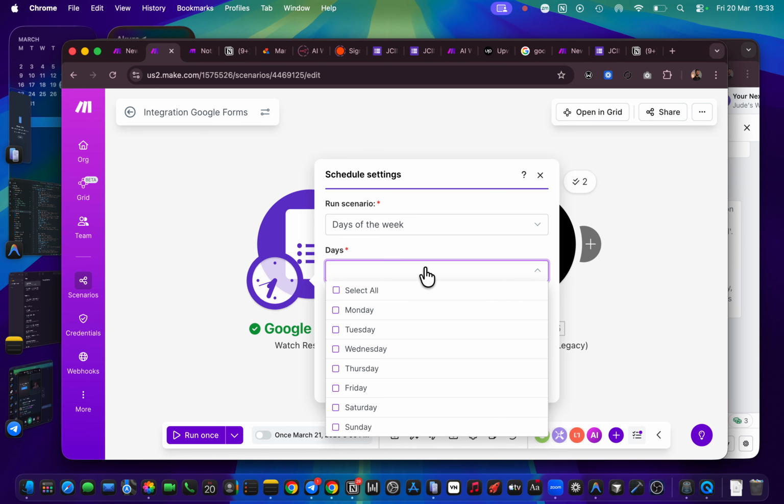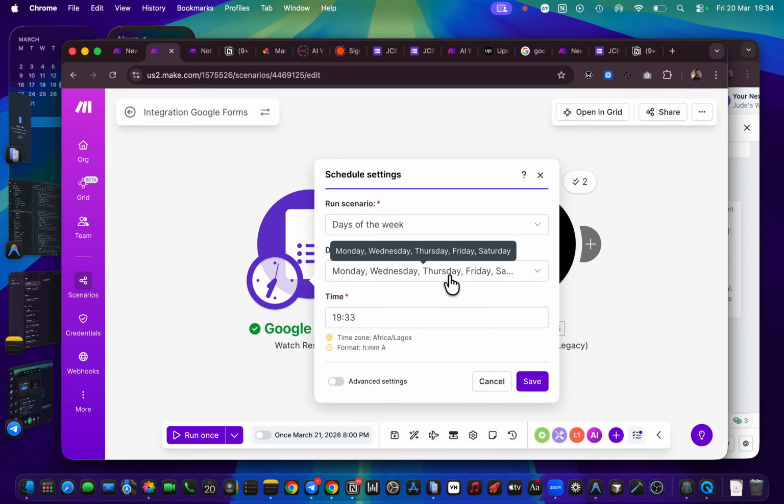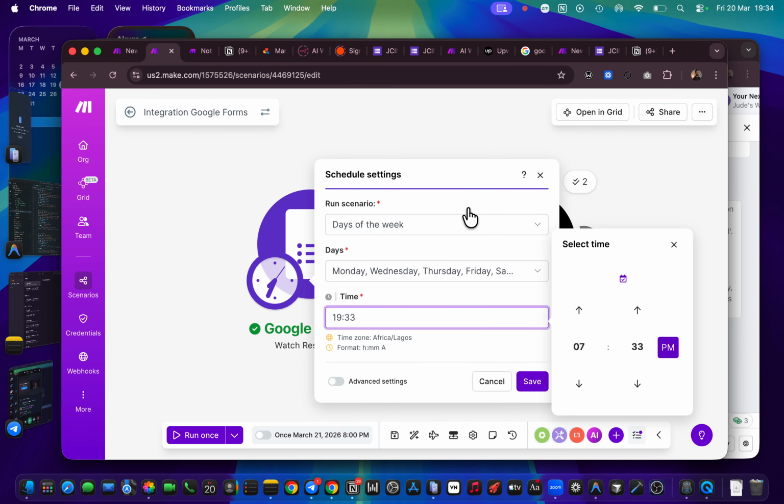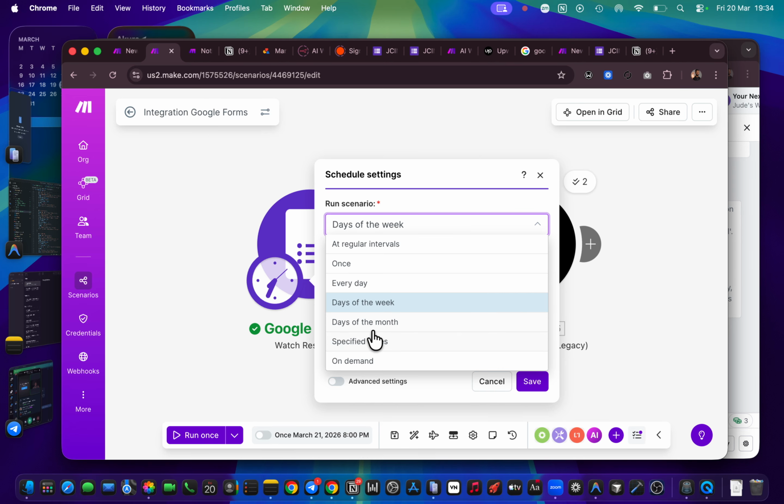You want to pick the days where you're available. So let's assume on Sundays you don't want to do anything related to work, so you don't pick Sunday, you pick Saturday, you pick this, you pick this, you pick this. Let's say on Tuesdays you have something special, you don't want to do any work stuff, so you don't pick Tuesday, you pick Monday. So you can assume that these are the only days that you are going to get in this detail, at this same time as well. The same thing applies to the rest.